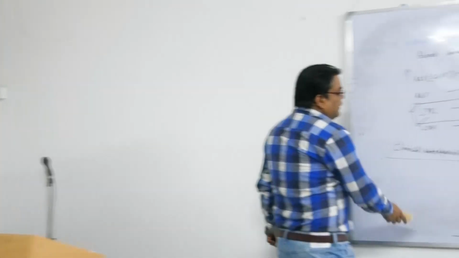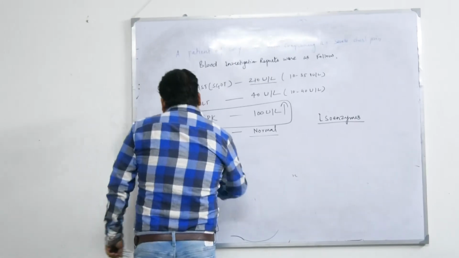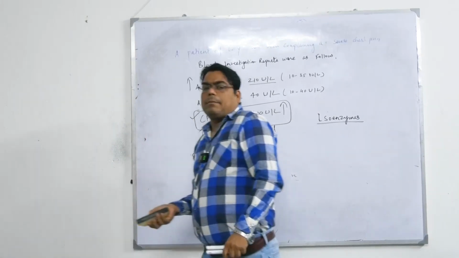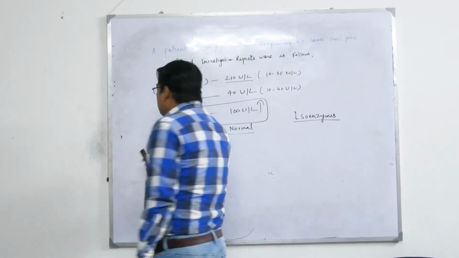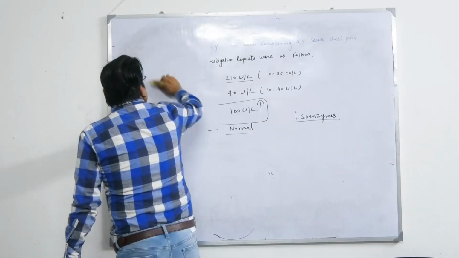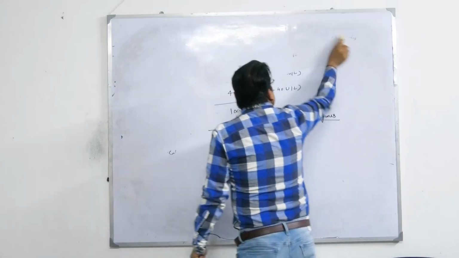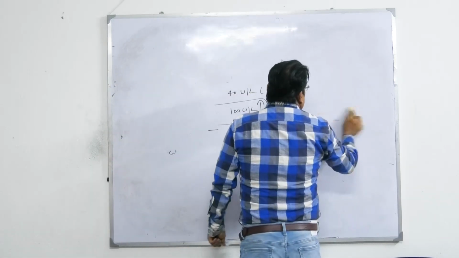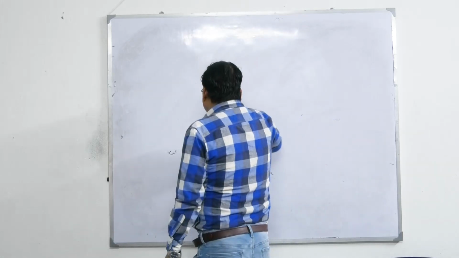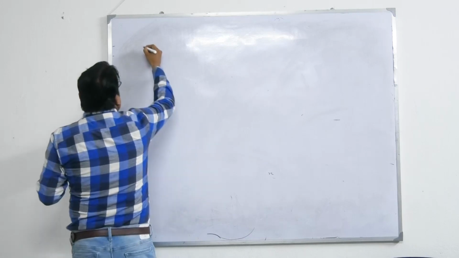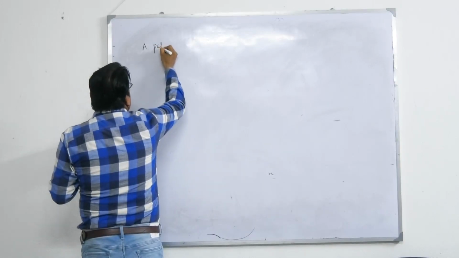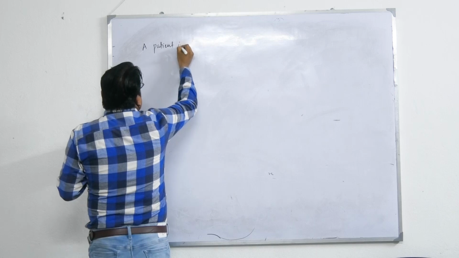Okay. Now second case. There is no biochemical defect here. If it is related with the case, some biochemical defects would be there, but it is not. Now write down the second case. We will discuss 2 cases in a day. Second case: a patient in the hospital had seizures.